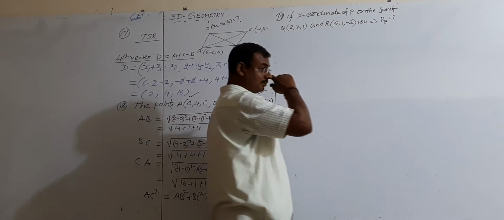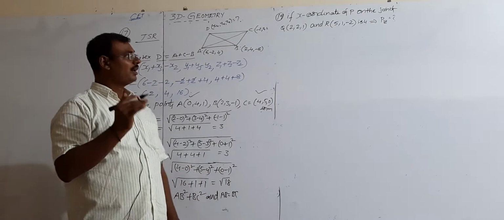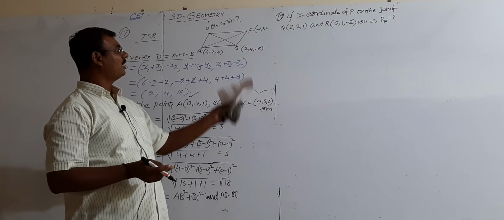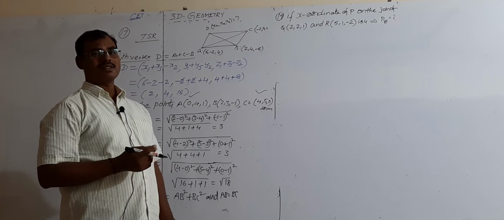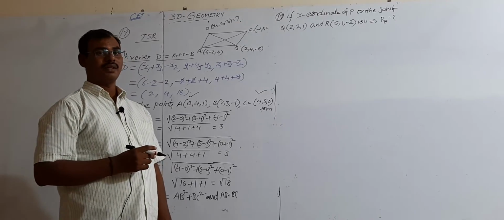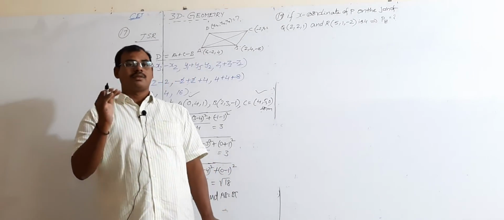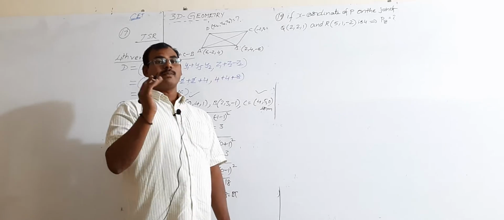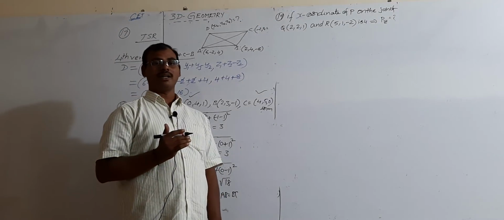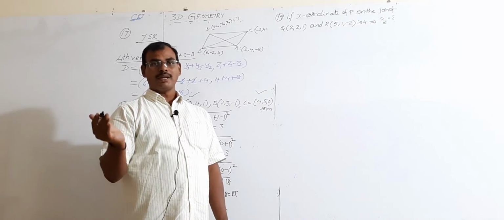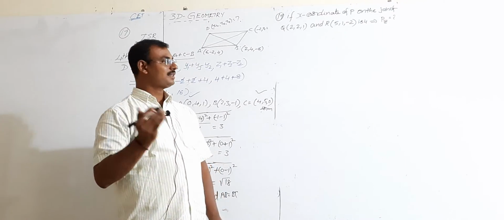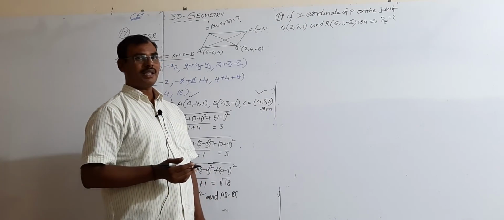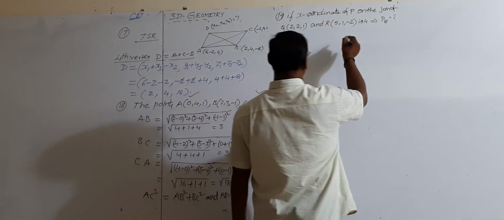How to calculate? Like they are asking. So different variety questions are there. With all varieties we have to learn. So here we are observing this is related to section formulas. Do you remember the section formula? What are the coordinates of P if P divides in the ratio m is to n? mx2 plus nx1 divided by m plus n, my2 plus ny1 divided by m plus n, mz2 plus nz1 divided by m plus n. Okay, shall we use this formula? Let us see the answer of this problem.